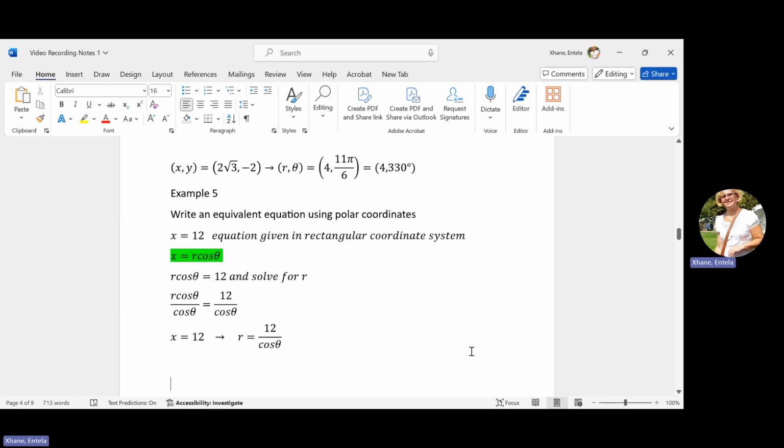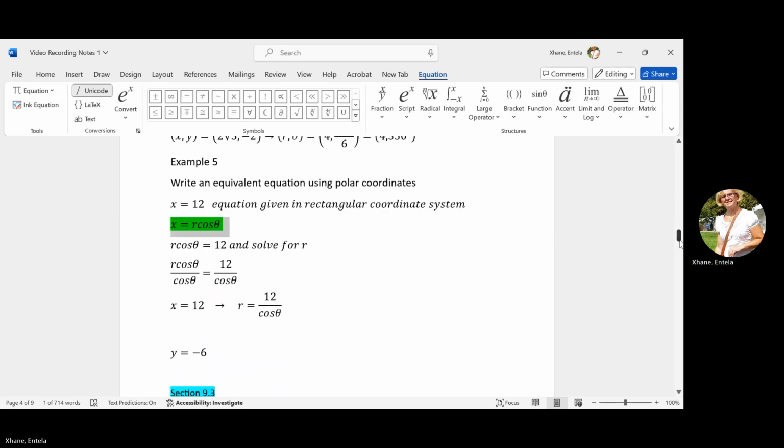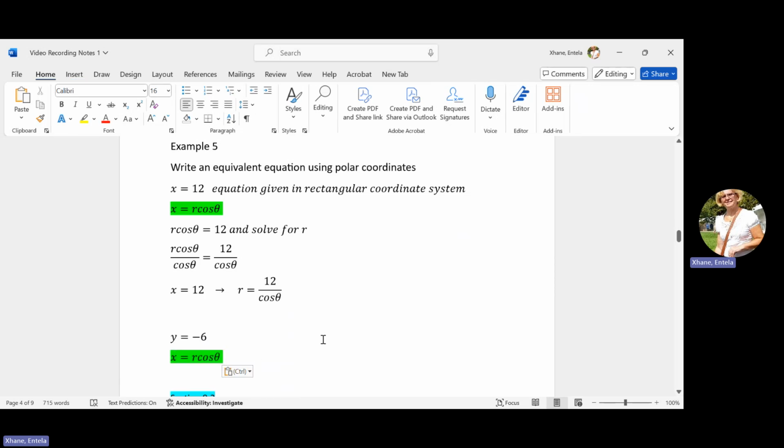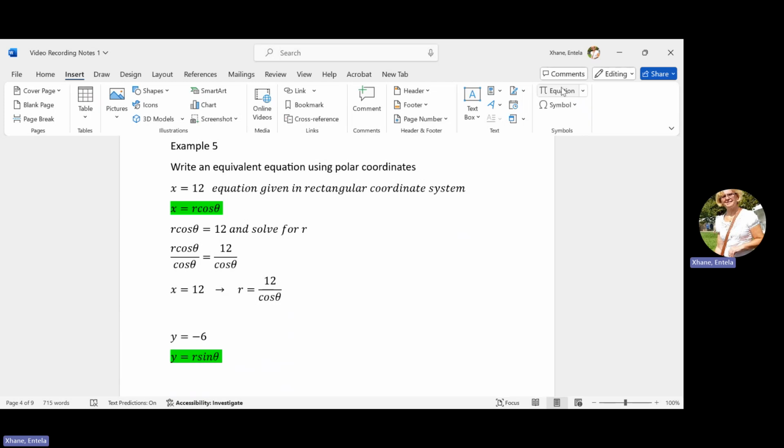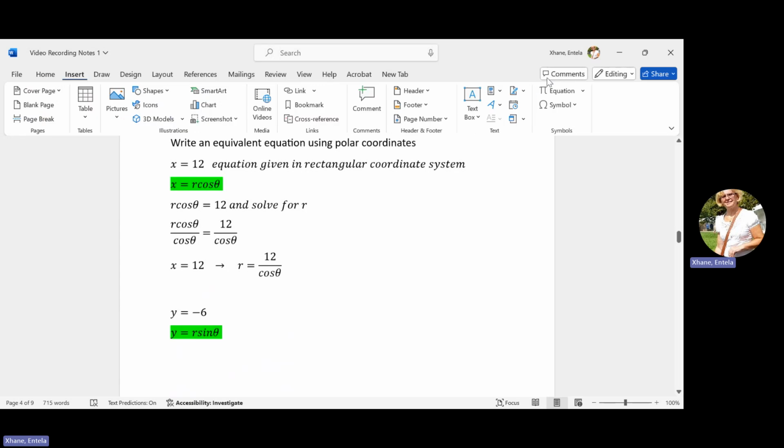Okay, let's do another one. I just showed you one with x, and I'm going to show you one with y. So this is what is given, y equals -6. So what we do to write this equation that is already given in the rectangular coordinate system, we are going to rely on this formula. And then knowing that y is r sine of theta,